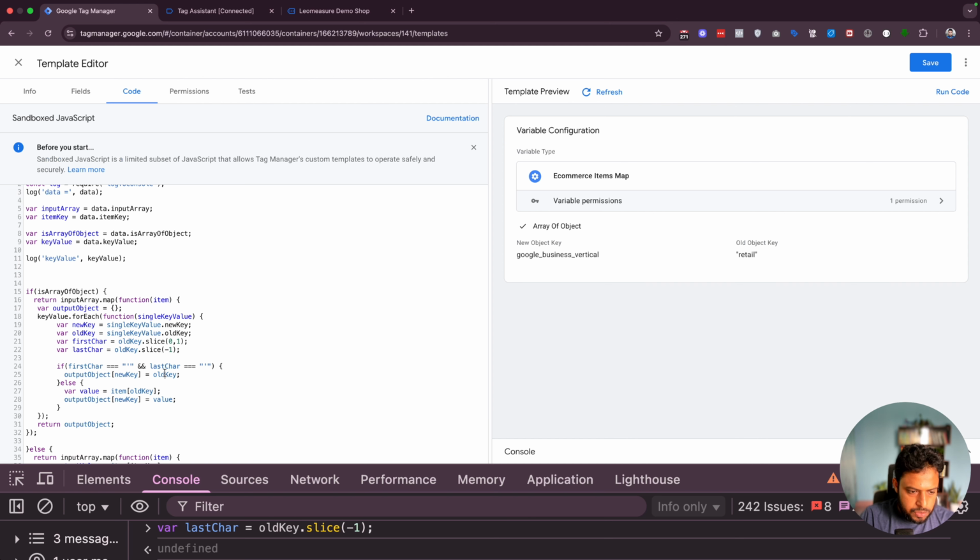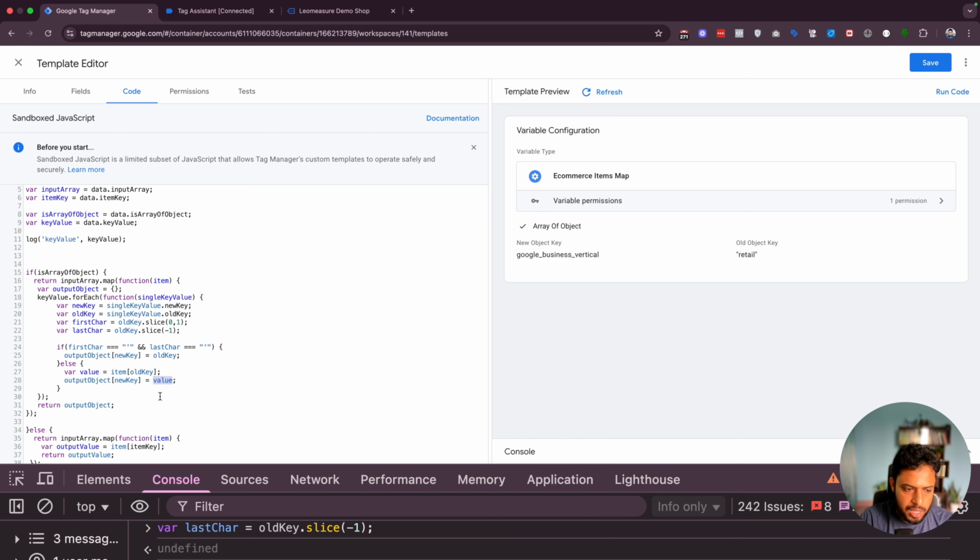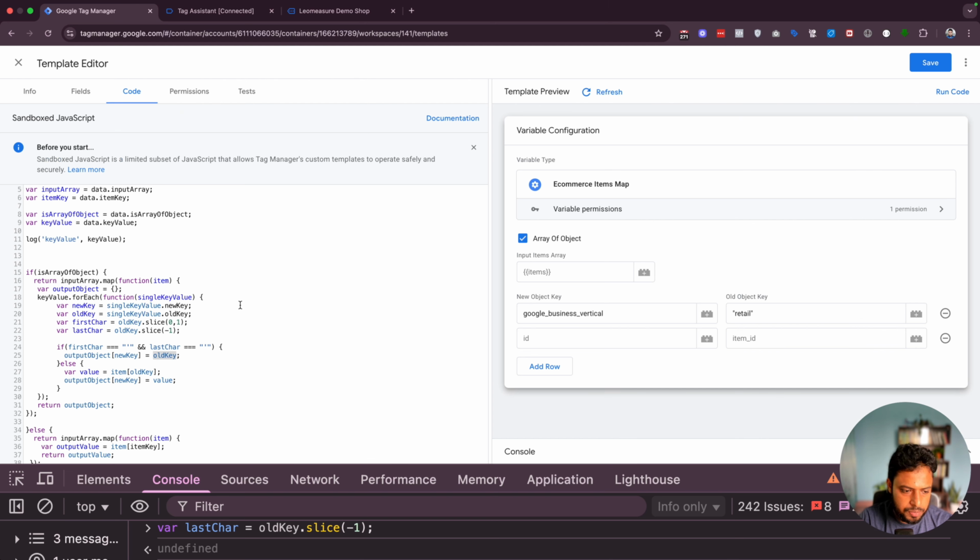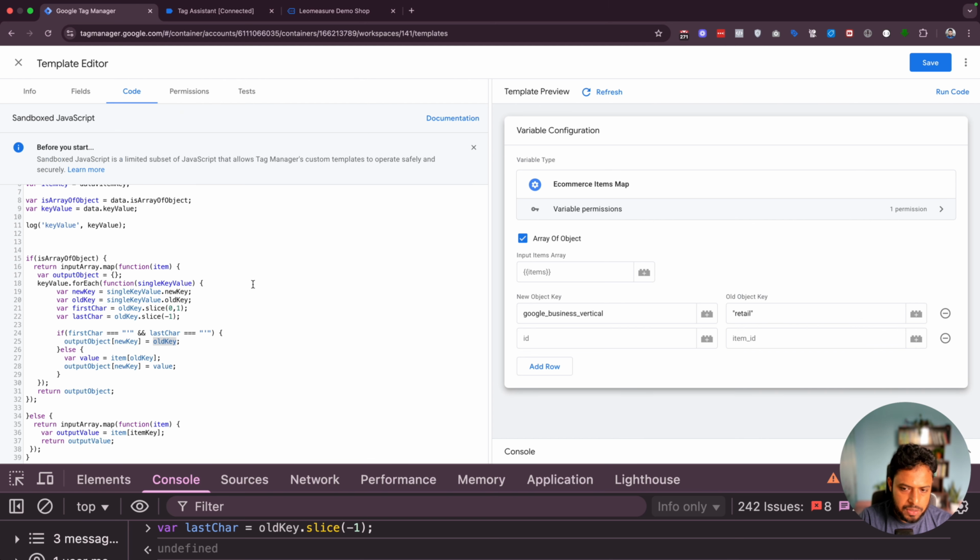And this is the thing. So when someone puts a hard coded value, it will not take the value from the variable, and it will directly take the hard coded value, something like retail. And if you would like to make this work for double quotation, so far it will work for single quotation. If someone puts double quotation, then we need to add additional conditions, so we can type